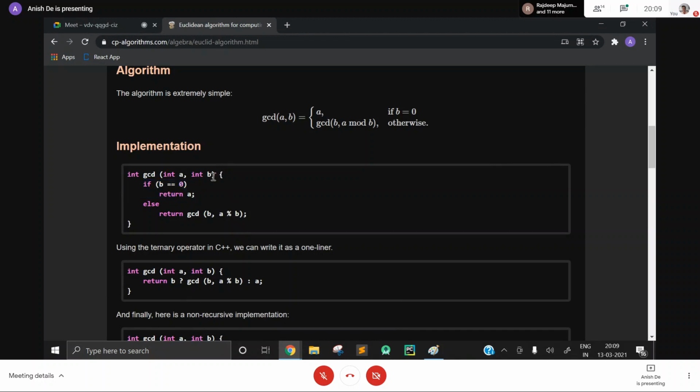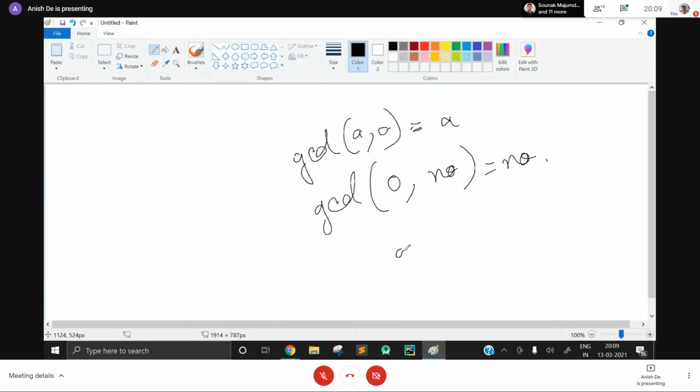So it's the fastest way and also the easiest way. It's the fastest because it runs in approximately logarithmic time: when A and B are given, you convert this into A mod B, so the number is reduced very drastically by only one operation. So it generally takes very few operations for any number to get reduced to 0, and then we get the base case and the result.